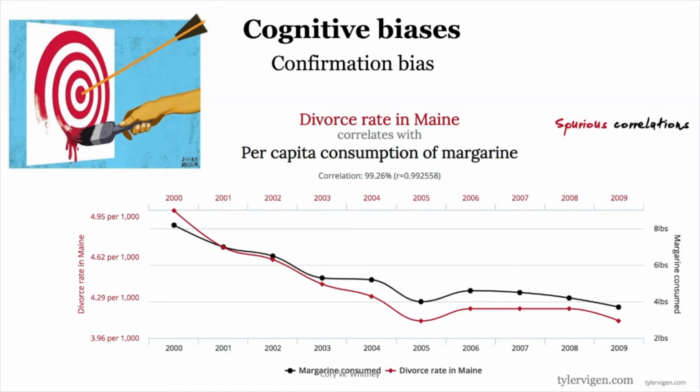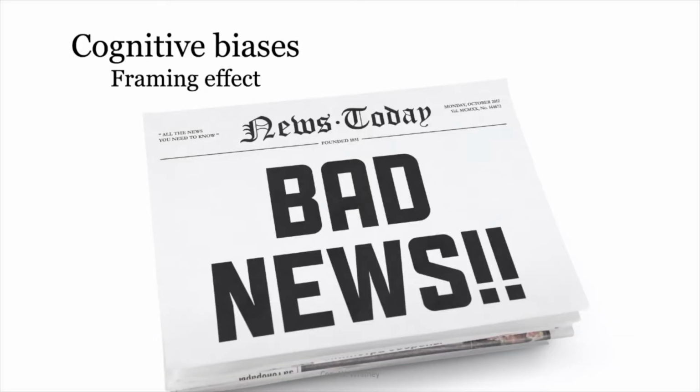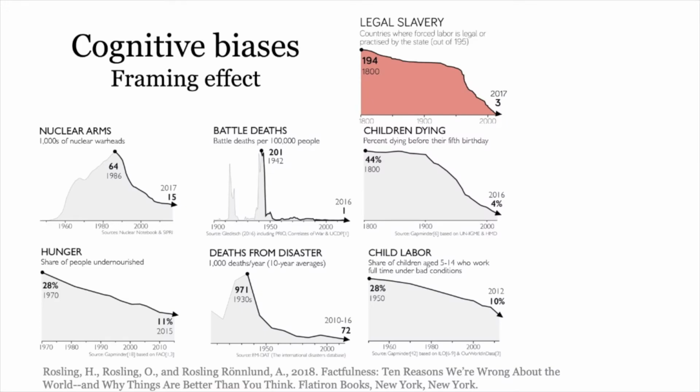So yeah, consider that. There's also something called the framing effect. You'll find this a lot in the news. I heard somebody in Georgia say they shouldn't call it the news, they should just call it the bad news. Because essentially that's what it is. They look for things that you basically shouldn't worry about that are terrible and make them front page so that it's the thing you worry about the most.